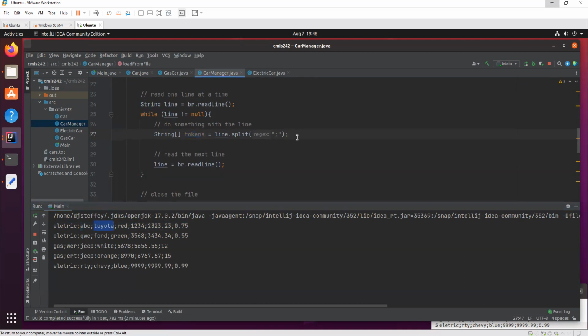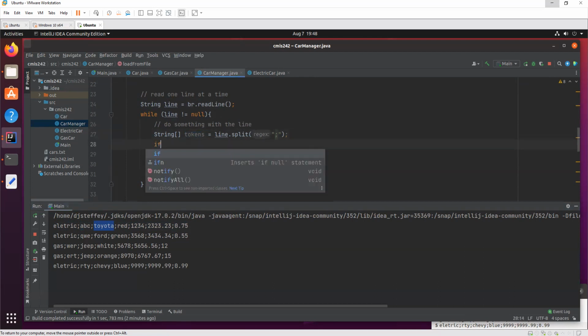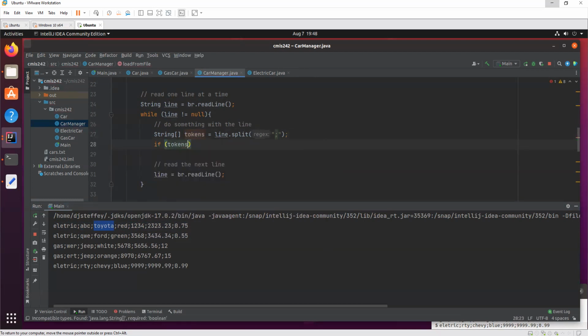So what we can do here is, first we need to know, is it an electric car or a gas car? So what we can do, we can say if the tokens at 0, because arrays are 0 based, meaning this is token 0, token 1, token 2, token 3, so on and so forth.